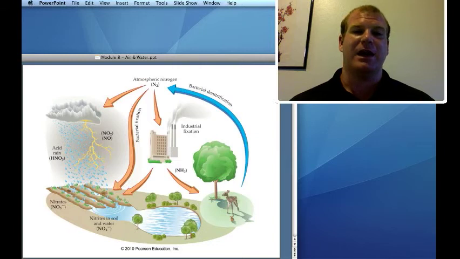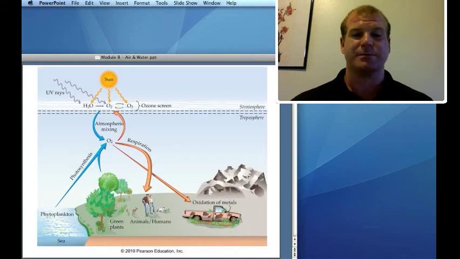How do you react it? Lightning bolts can do it. Lightning can break nitrogen bonds. So can bacteria called cyanobacteria, also known as blue-green algae. And industry can do it. Industry can fixate nitrogen for fertilizers. And then bacteria can denitrify the soil and turn it back into nitrogen gas.